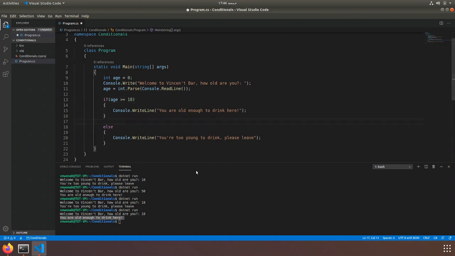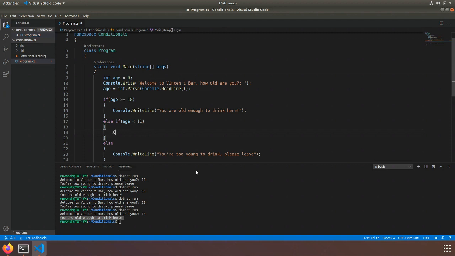I'm going to put a space here and I'm going to say else if. Now I want to check for a specific case. I want to check if this child is younger than 11 years old. So let's just assume that 11 is the age where anyone can go out on their own without supervision. So I'm going to say if age is less than, this time I'm using the less than symbol, if age is less than 11,